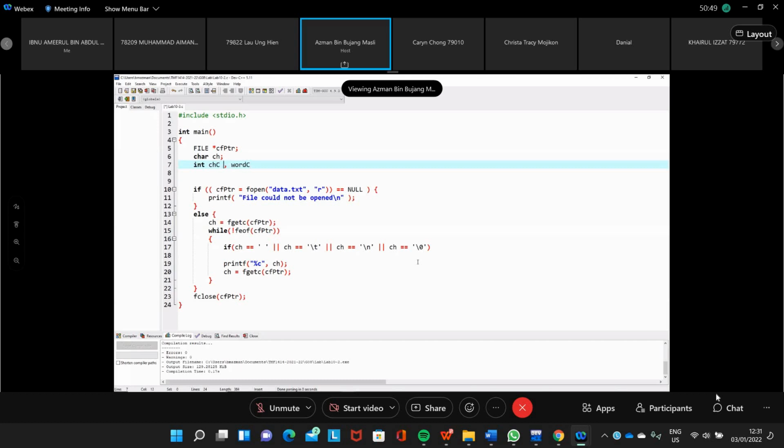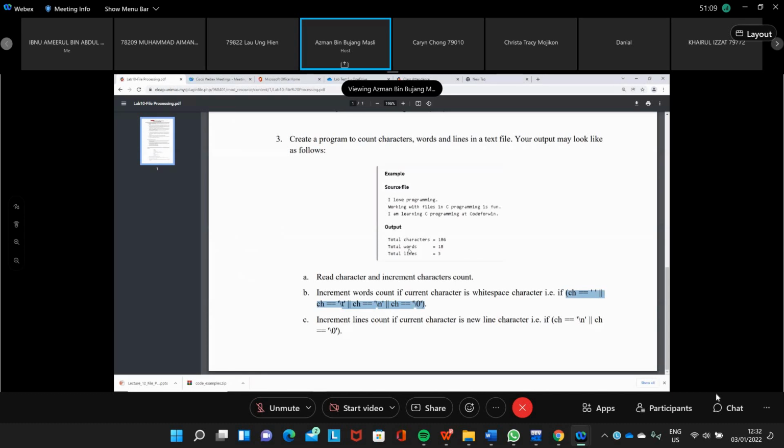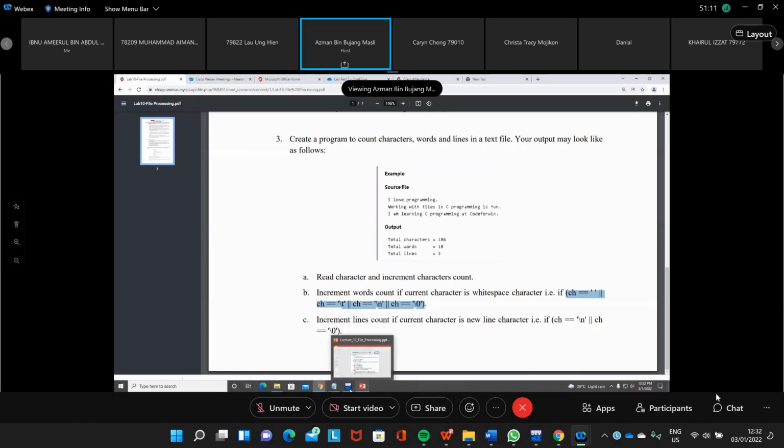We set this one to 0 because we want to count, so we need to start from 0. And then lines, isn't it? We need to count how many lines. Set to 0 as well. So we have 3 things, which are characters, words, and lines.